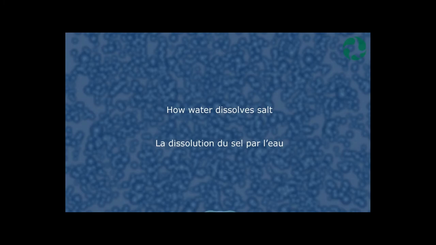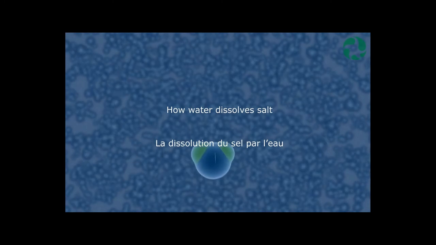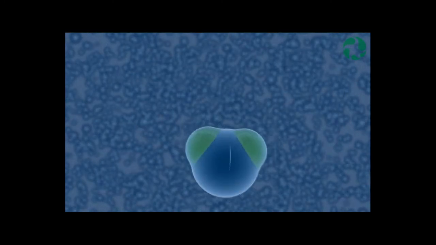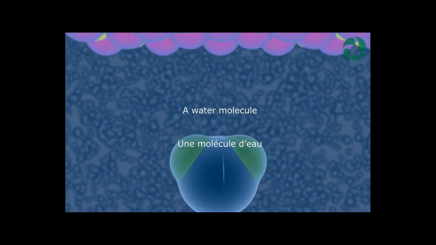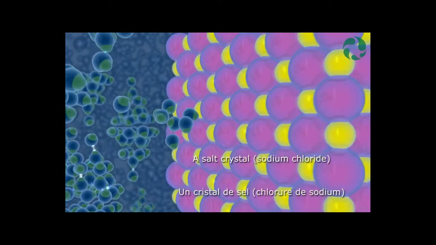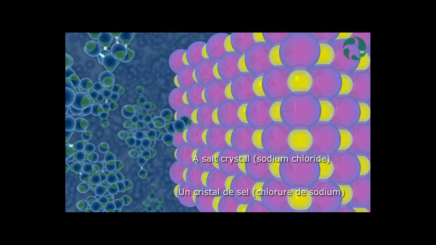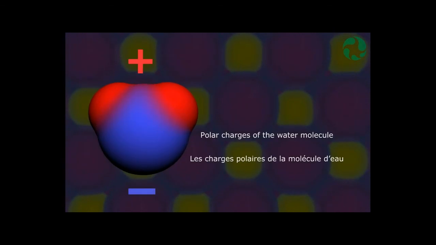To help you understand this a little bit better, there's an animation I pulled from the internet, and we'll talk our way through it. This is how water dissolves salt. What happens? We have our water molecule, and it has its polar covalent bond, and then you have your salt crystal on one side, and then the water, because of its polar charges, it's going to be like a little